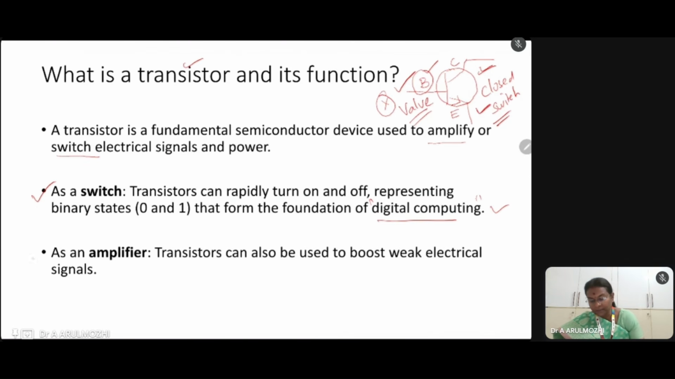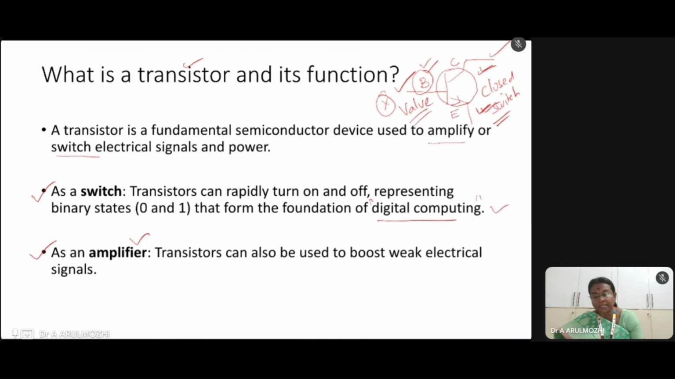Then come to the third one here. As an amplifier, a transistor can also be used to boost weak electrical signals. In this case, a small input signal is applied to the base. We give a very weak signal to the base, and it can control a very large signal between the collector and the emitter, and it can amplify it. So this type of processing, the amplification of a very small signal,